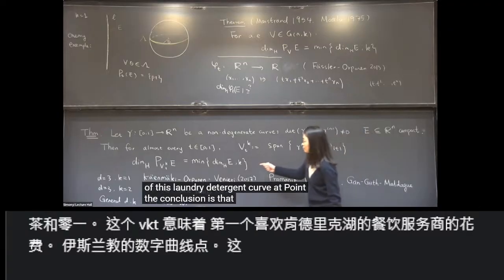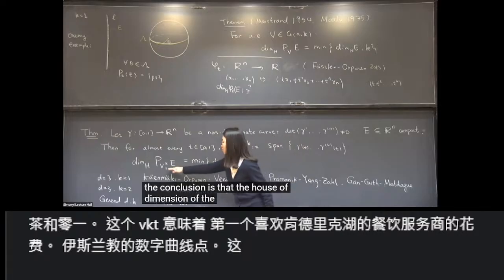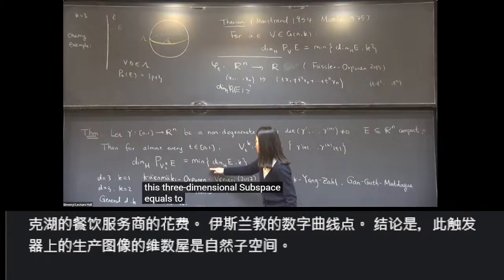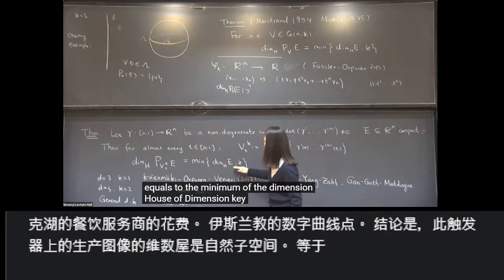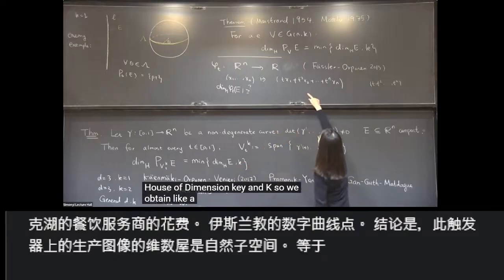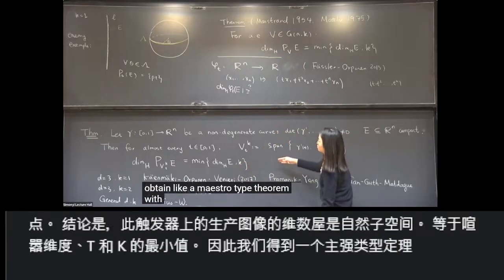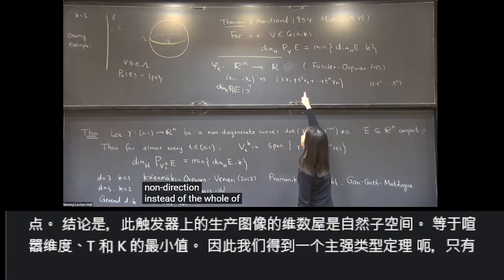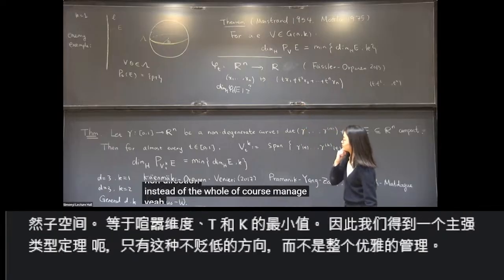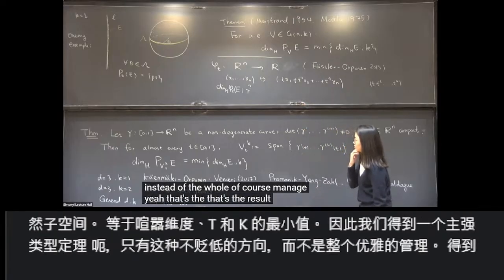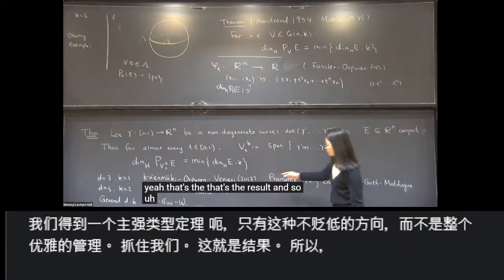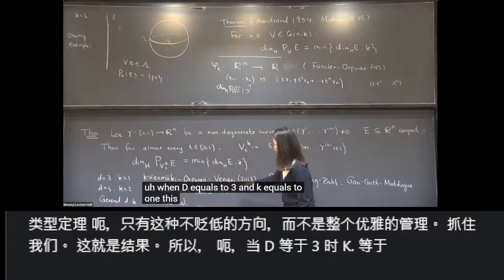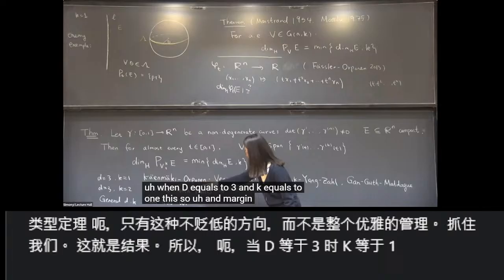The conclusion is that the Hausdorff dimension of the projection image on this K-dimensional subspace equals the minimum of the Hausdorff dimension of E and K. So we obtain a Marstrand-type theorem with only the directions on this non-degenerate curve, instead of the whole Grassmannian. Yeah, that's the result. And so when D equals 3 and K equals 1, this was argued by Orponen